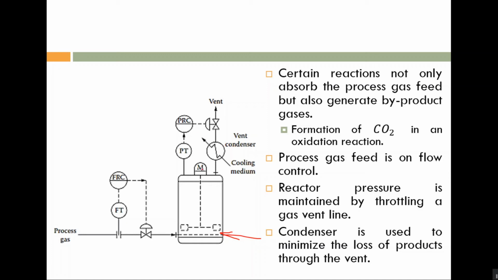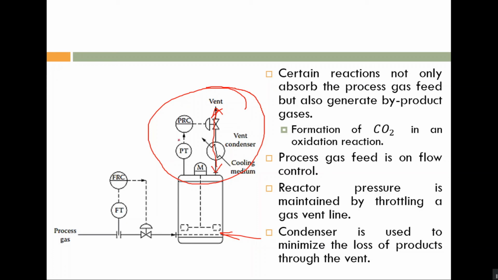So in order to avoid that, we are using a cooling mechanism. What will happen if you are cooling that gas? If you are cooling this vent, definitely the required product, if it is gas, is condensed. If it is condensed, due to gravity it will fall. But as the density is small, the byproduct gas will not condense, so definitely it will escape through this line. So here you can see that the pressure is controlled by manipulating the flow rate of byproduct gases. But an additional thing required is a vent condenser.